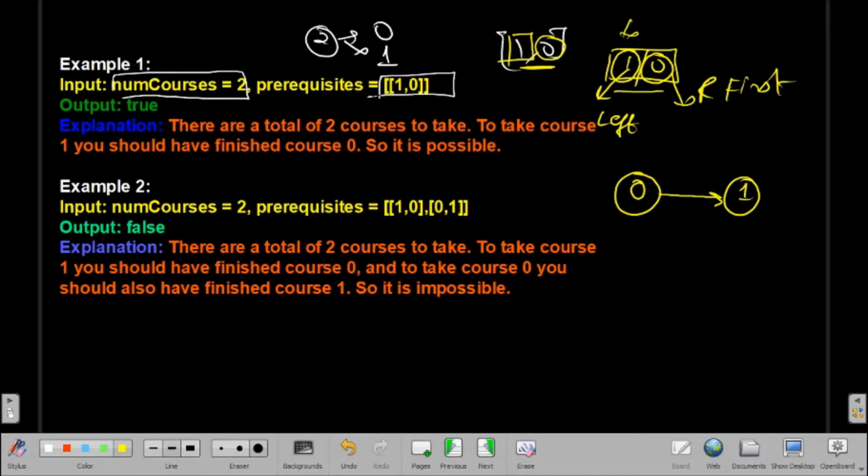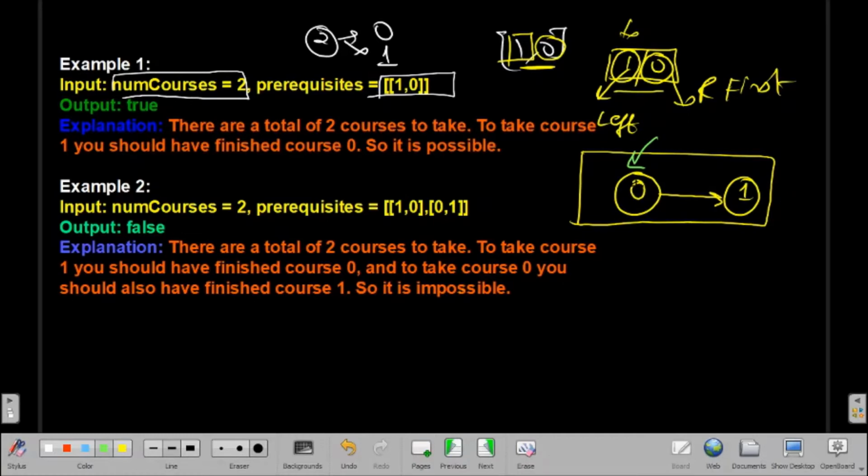So what we have to do is first of all create a graph using the given prerequisites, and we have to see if we can complete all the courses given in the number of courses. Here we have two courses, so let's see can we complete or not. I will come here and see at course 0 if there is any prerequisite to complete this course.